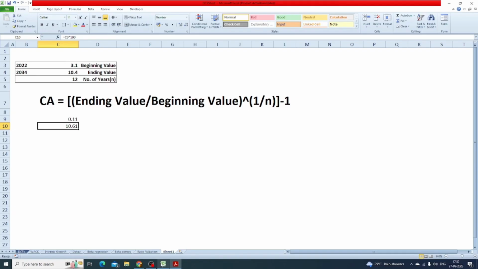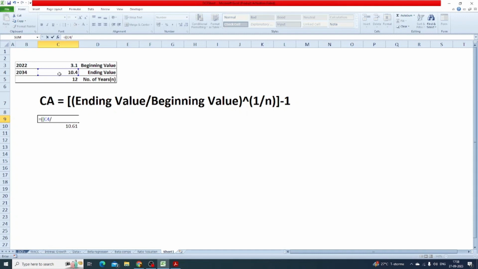So we'll just calculate a compounded average. Here is the beginning value, ending value, and number of years. We subtract 2034 minus 2022, so 12 years. If you place these values, I can show you again. I'll just take off this formula. I can say equal to, two brackets, and then I need the ending value, that is the future value, that is $10.4 trillion